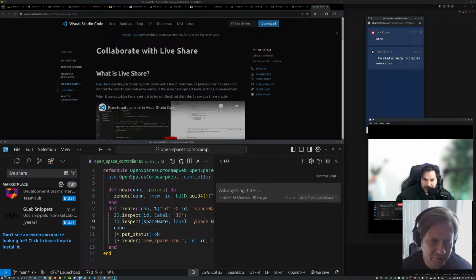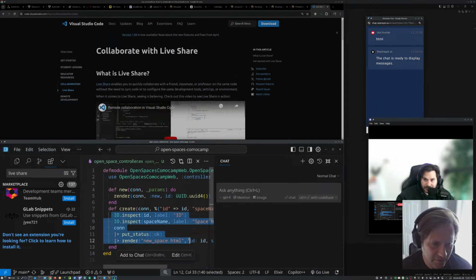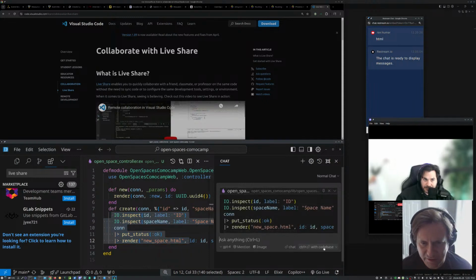So if I add a new chat and say, add this to chat, and then I can say with Codebase, where can I make sure that these are referenced or used properly elsewhere, and then chat with Codebase.